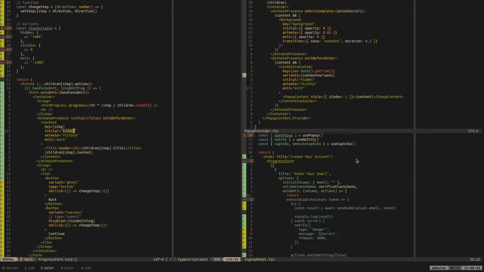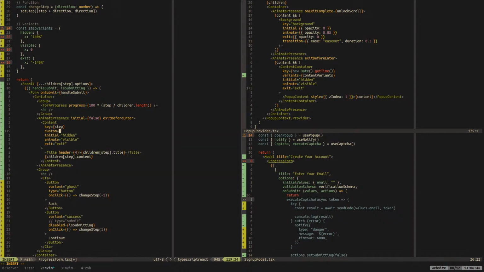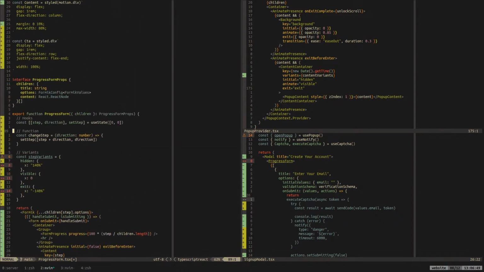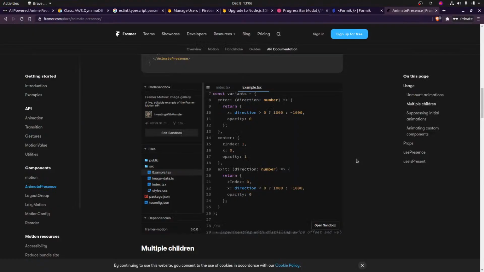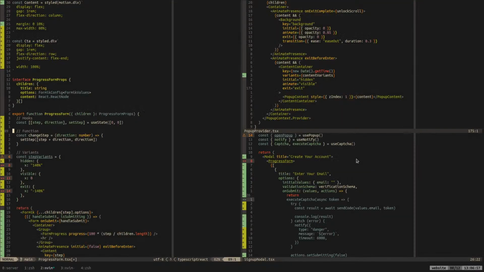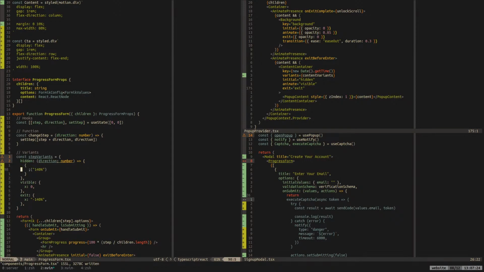And this is going to be easy because we're going to say that custom is equal to the direction, and I think what they have to do is you have to take in a function instead, and you have to return, or you don't have to return. I mean, okay. Let me see. So we would only use it on the left and right areas, which are going to be here. So it's going to take in a direction, which is a number, and it's going to return an object. Okay, that is not what I wanted.